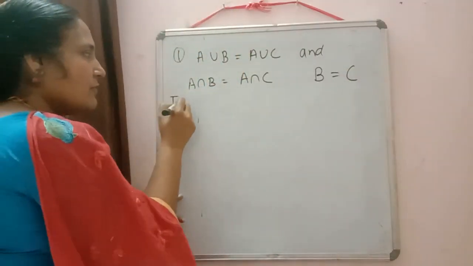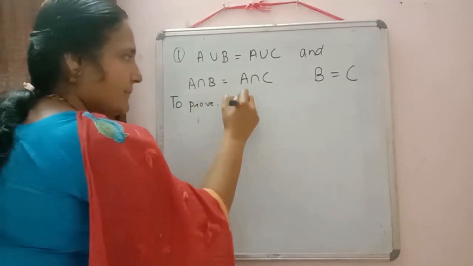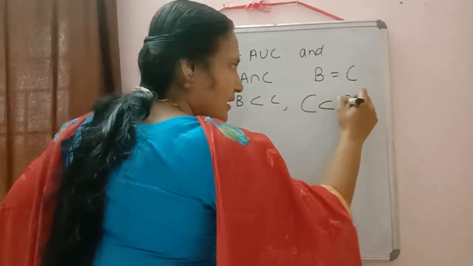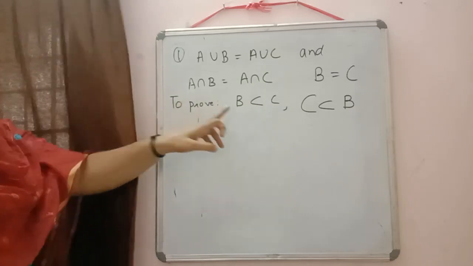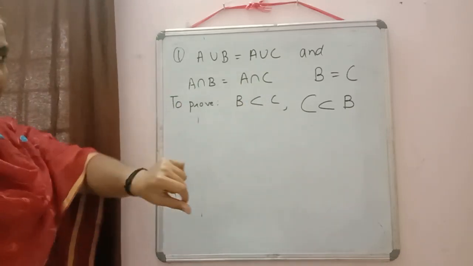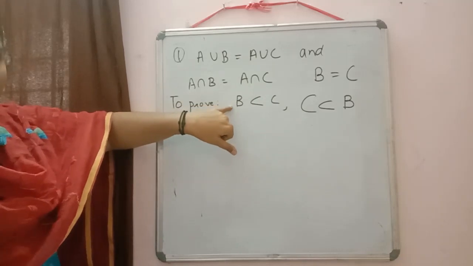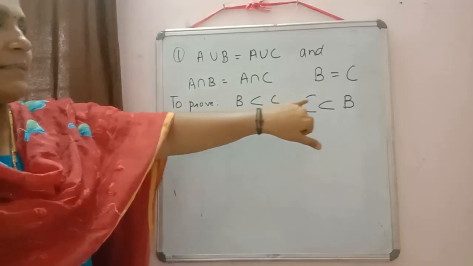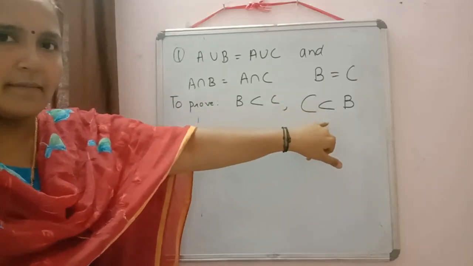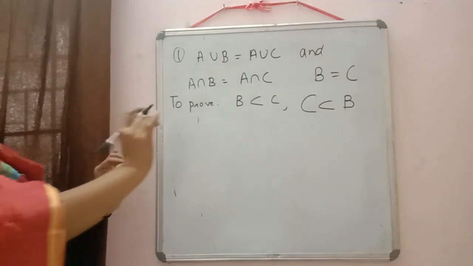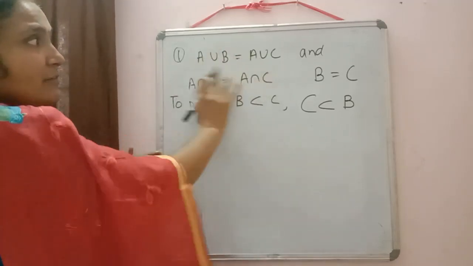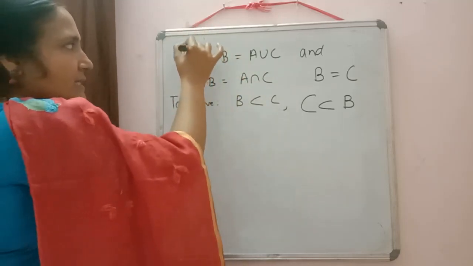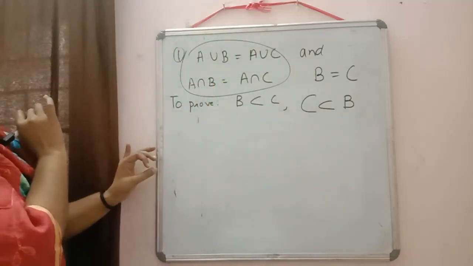So once again, what we will prove? We will prove B is a subset of C, and then we will prove C is a subset of B also. So to prove B is a subset of C, what we will do? We will take an element which belongs to B, and then we will prove that element belongs to C also. In the same way we will do with this type also. Okay, so now I am taking an element X which belongs to B. We'll use all these informations which are given. Whenever you have to prove something, check the information which is available with us.